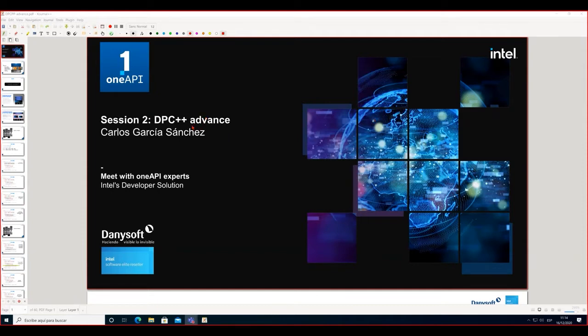Basically, I'm going to summarize some of the concepts that we were working on the last day. And we are also going to go deeper into some concepts related to oneAPI, which are relatively new with respect to its standard, SYCL. So DPC++ is based on SYCL, but Intel has introduced some particularities which make it a bit stronger